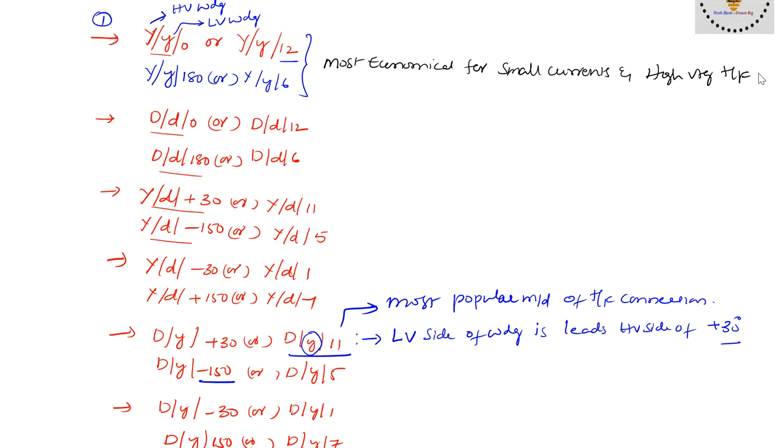So these are the high voltage transformers. Next one is delta delta connected transformers. These phase groups belong to delta delta only. They are going to be used for large currents, low voltages, just the opposite of the star star connection. Large currents, low voltage, and especially when continuity of supply is required.